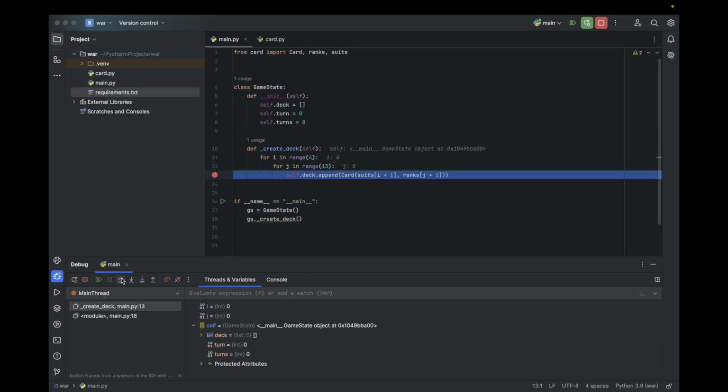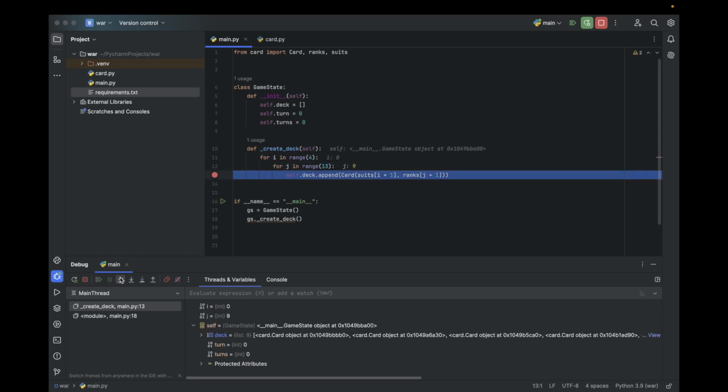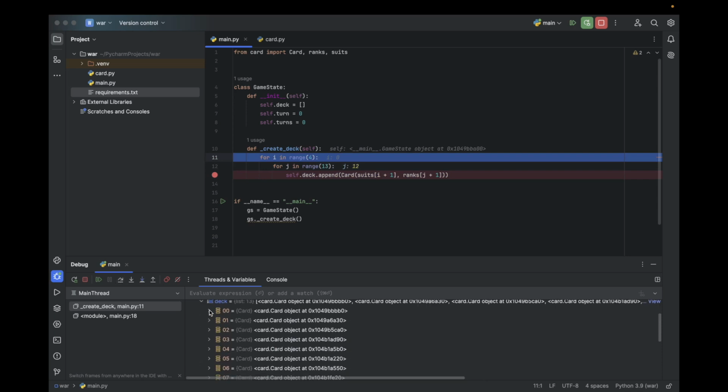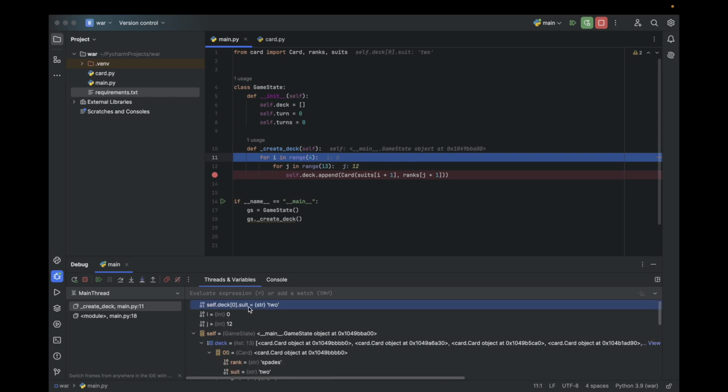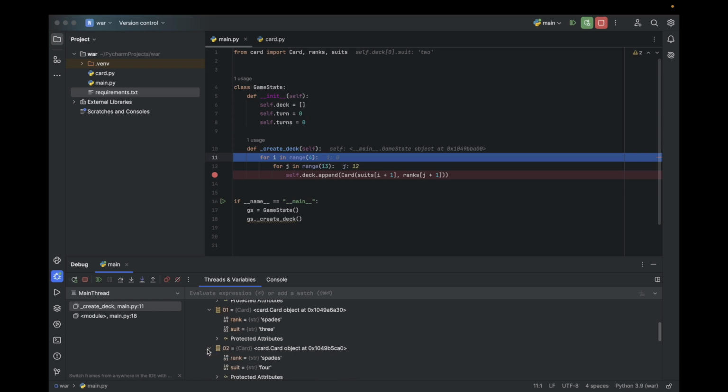And you can use hotkeys to go through these. I'll just click them here, and you can see we're filling up our deck down here, and our variables are moving. So if you're unsure about what's going on in a function, you can always use the debugger, and of course we can even zoom in more and look at what's deck 0 here. Well, it's the 2 of spades specifically, I did not mean to do that. It's the 2 of spades specifically for the first card, the 3 of spades, 4 of spades, 5 of spades,